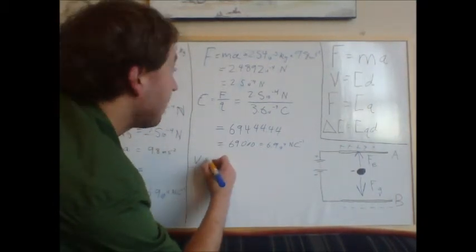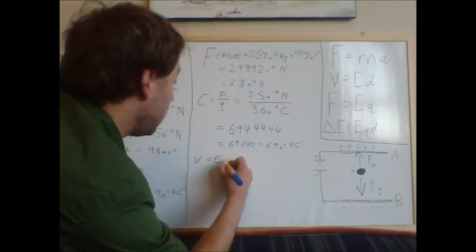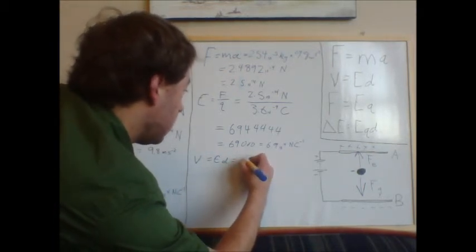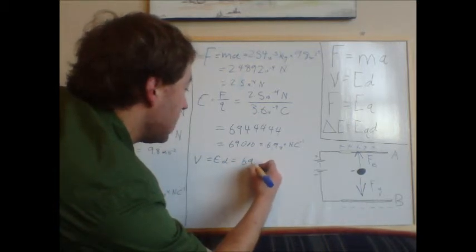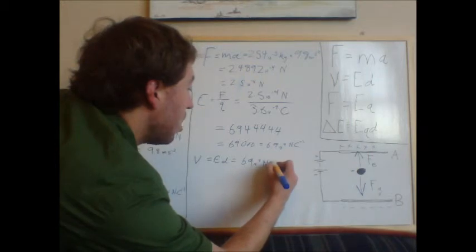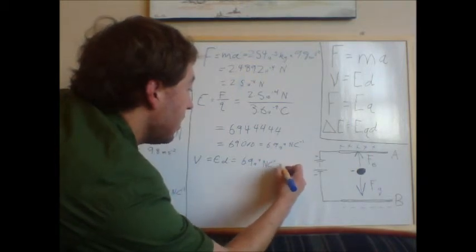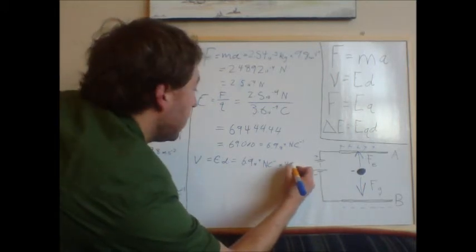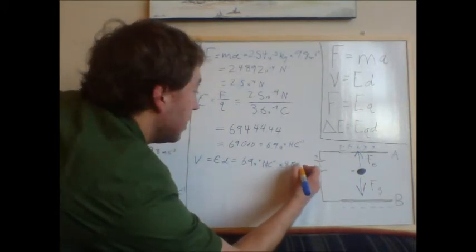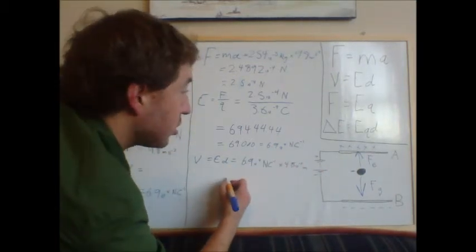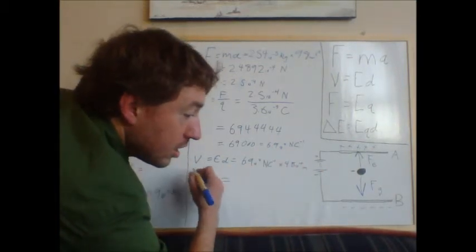So V equals E times D, equals 6.9 × 10^4 newtons per coulomb times our distance, 4.8 × 10^-4 meters. It's going to give us